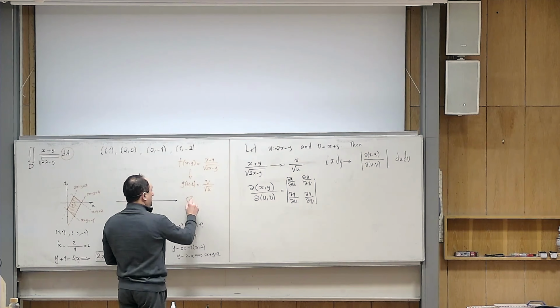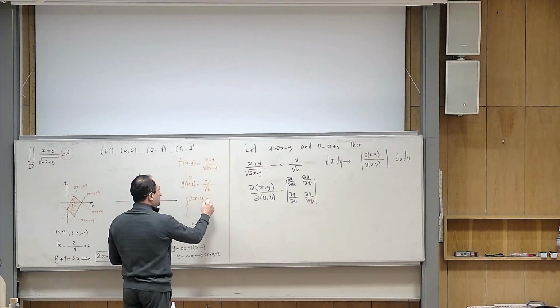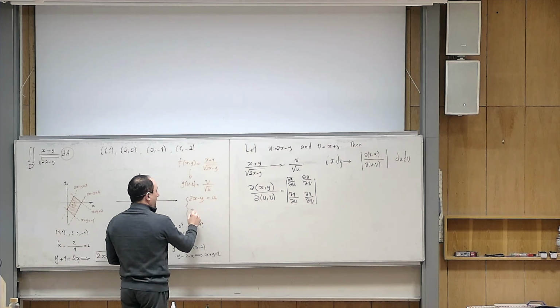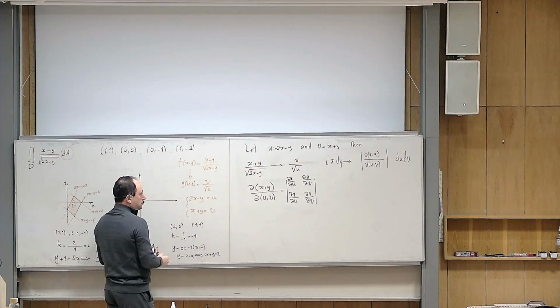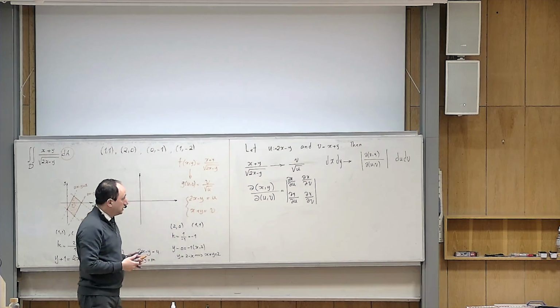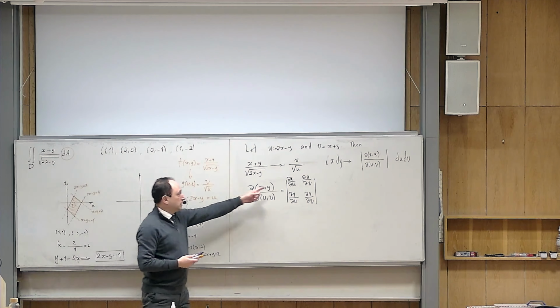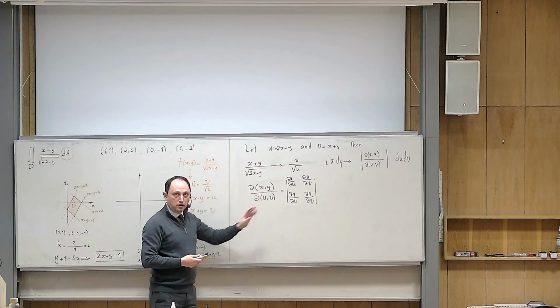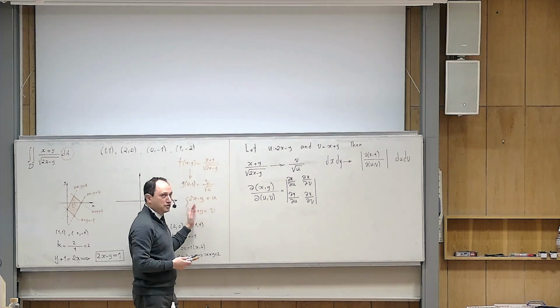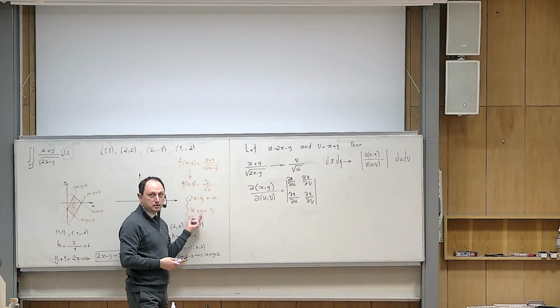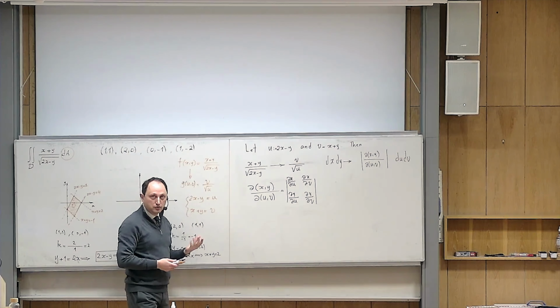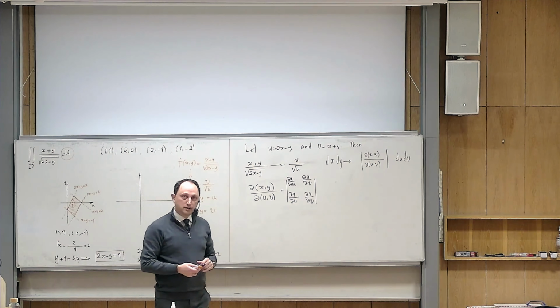You say that, okay, let me pretend that u and v are given and x and y are unknown, and I solve a very simple system of equations and express x and y in terms of u and v, and then I can directly use that. This is one alternative, but usually solving equations might be hard, especially in the case that these are not linear equations. Okay, so this is why it is better to use a theorem, which is a consequence of the implicit